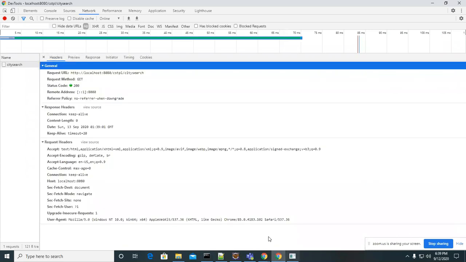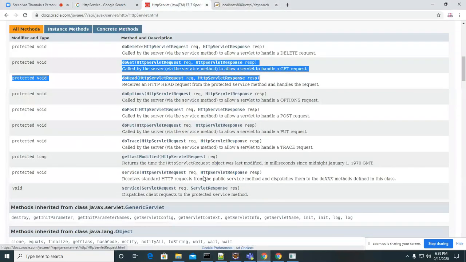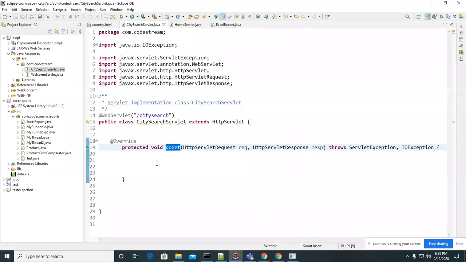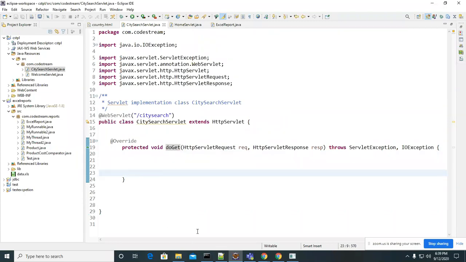So what happened is the same thing will happen, but this HttpServlet service method, which takes the request object and response object of the HttpServletRequest and response, will call the doGet method. When it calls any method, first it will look in the CitySearch servlet: is it there or not? It is there, so it will execute. We did not provide anything. That's the reason we are not getting anything.